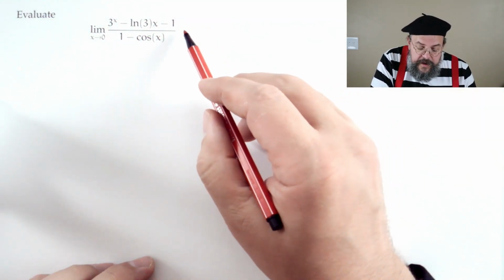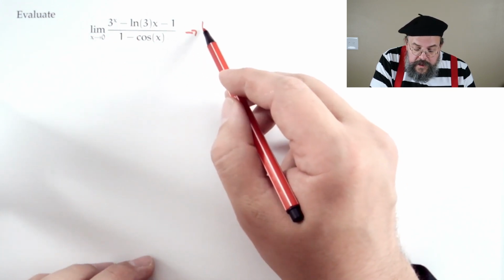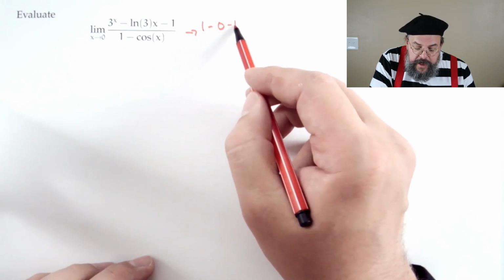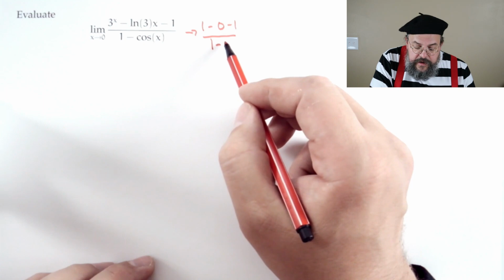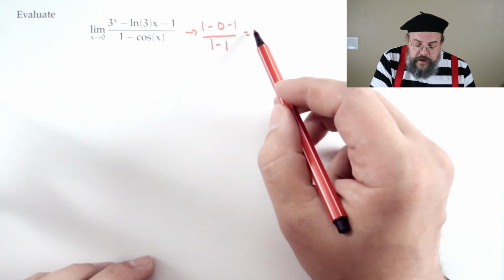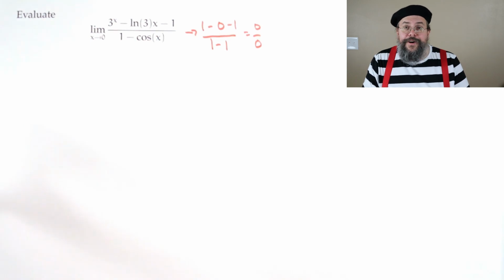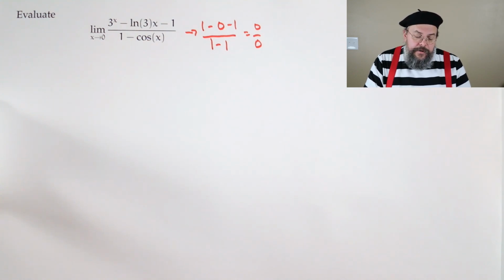Well, if you plug in 0, you get 3 to the 0, which is 1. Then natural log of 3 times 0 is 0, minus 1. And downstairs, 1 minus cosine of 0 is 1. So you end up with 0 over 0. All right, well, more work, which is fine. We don't mind. So now we say, all right,